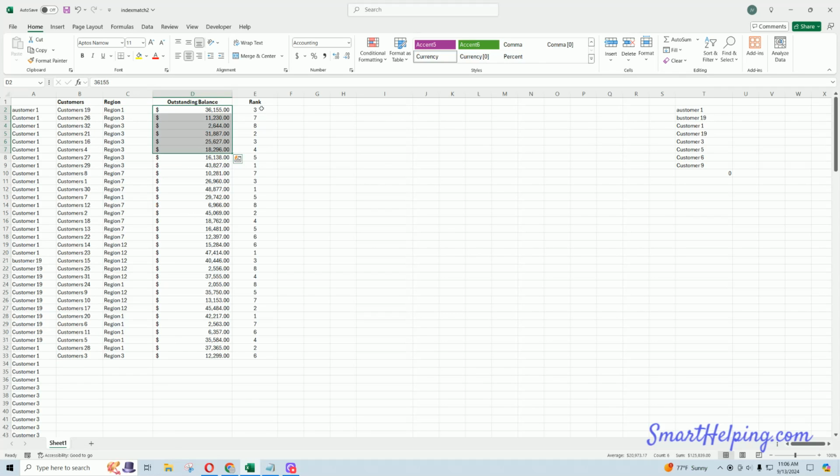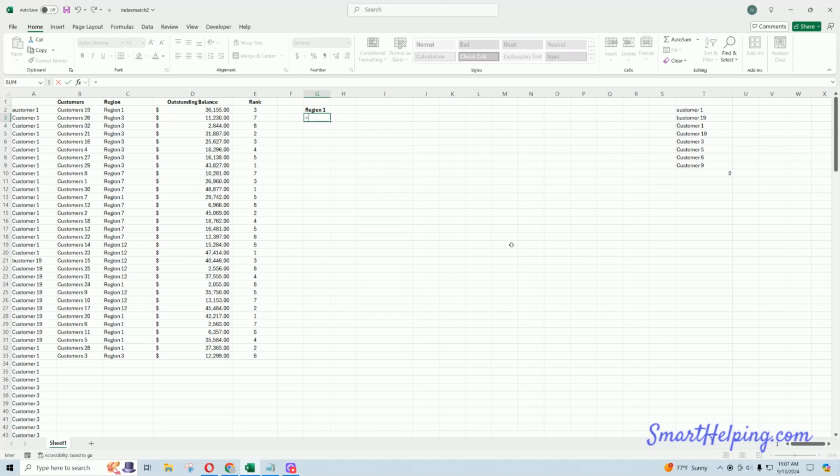region, outstanding balance. Now we have a dynamic ranking algorithm, and let's see if this actually makes sense. So now we want to say, okay, let's look at region 1, and I want to rank the top customers with outstanding balances in region 1. So here's the next formula that's very tricky. It's an index match with multiple criteria. Okay, so a little tricky here. I've actually only done this formula one time ever, so it might take me a couple tries. So we want to index the customer here,